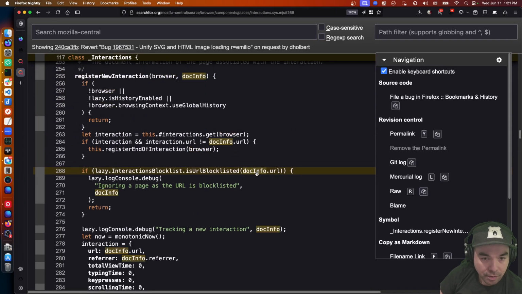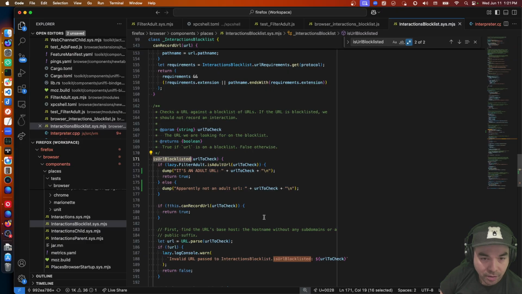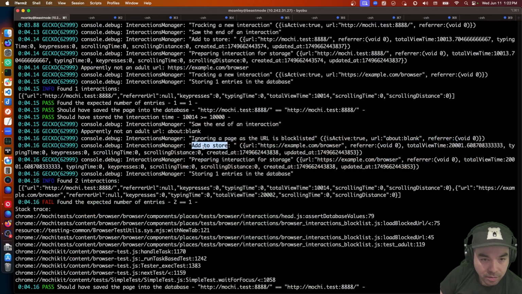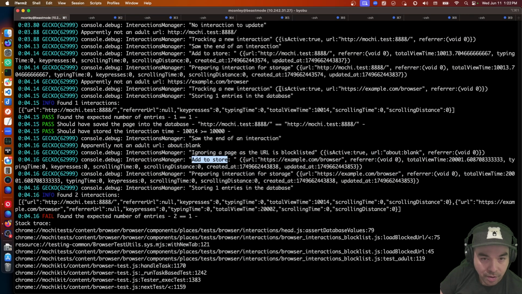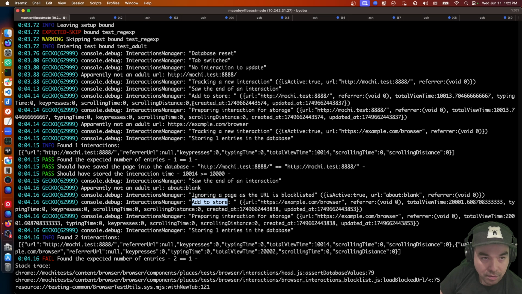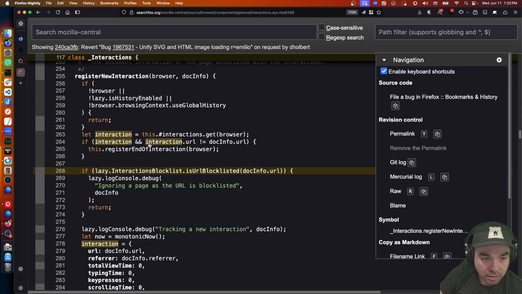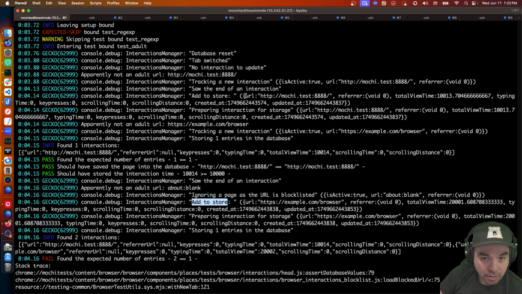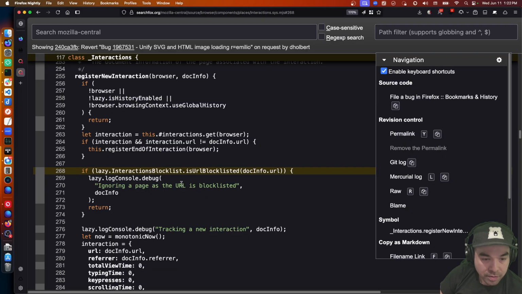Doc info, URL, register new interaction, tracking new interaction. Where do we say that? Tracking a new interaction. So we enter this block here.